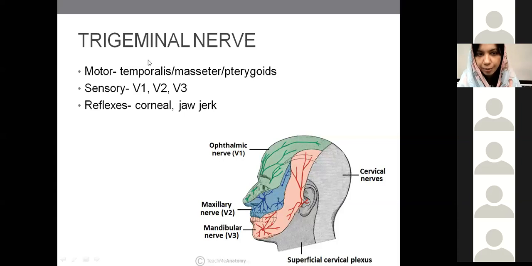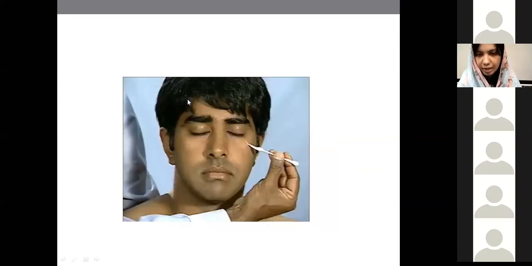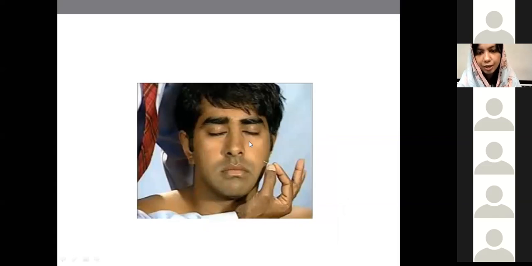Sensory examination में आपने V1, V2, V3 distribution में check करना होता है, just like this. This is checking for the soft touch. This is the V1 distribution, right? And for the pain, you have to check it through the pinprick sensation. And this is the V2 distribution. With the eyes closed, आपने simple pin को V1, V2, V3 distribution के अंदर रखना होता है. Patient से कहना होता है कि आपको feel हो रहा है, yes or no का answer दें. साइमल्टेनियसली आपने राइट और लेफ्ट दोनों साइड्स पे टच करना होता है और ये पूछना होता है कि इक्वल सेंसेशन फील हो रही है या नहीं हो रही है.